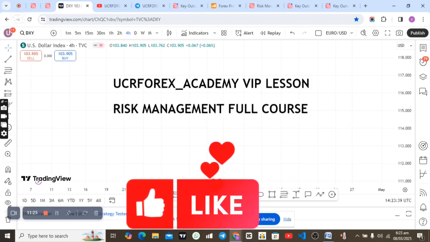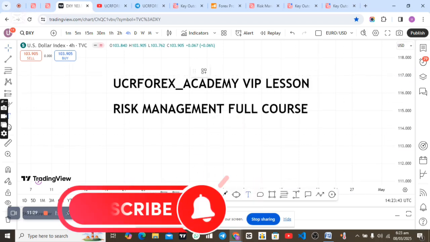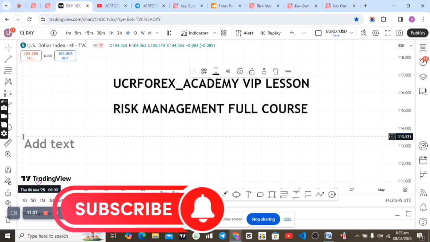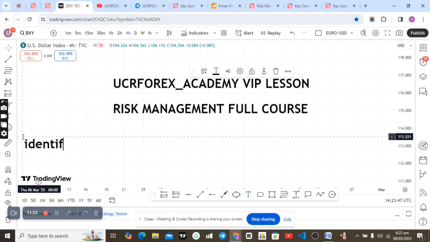So when you look at these three words, which I said earlier, I talked about the word identify, and then I said another word. I think I mentioned the word assessing, and then controlling. So these are the three words I actually use to define risk management, which are something that you need to take to the Forex chart.